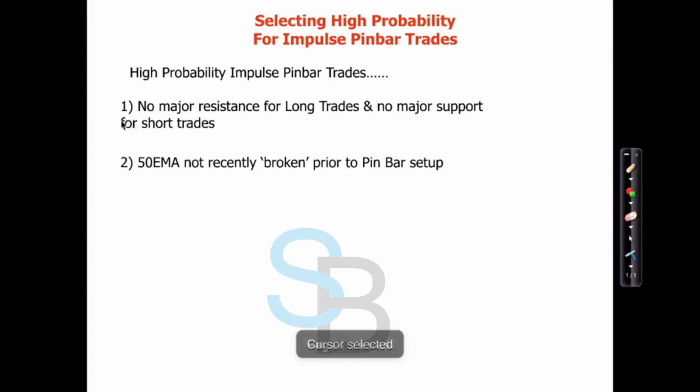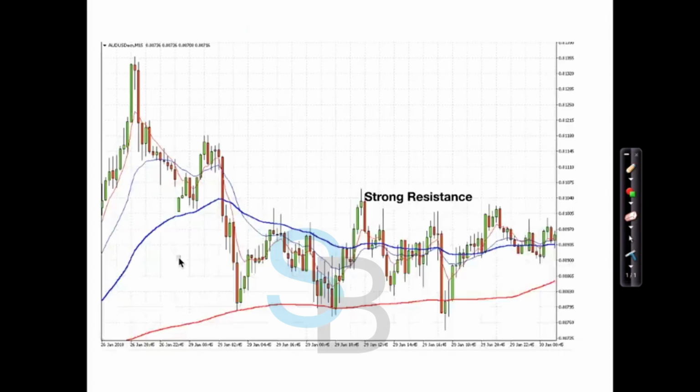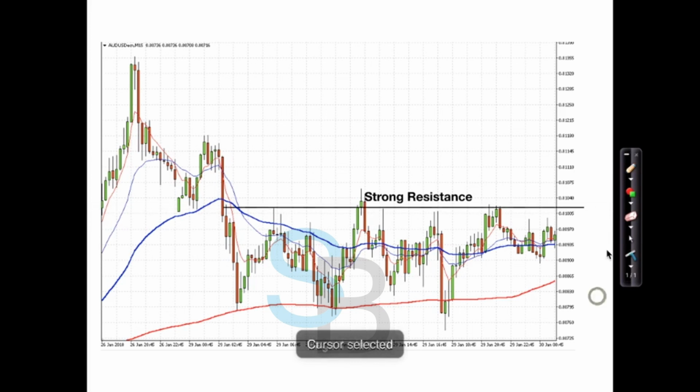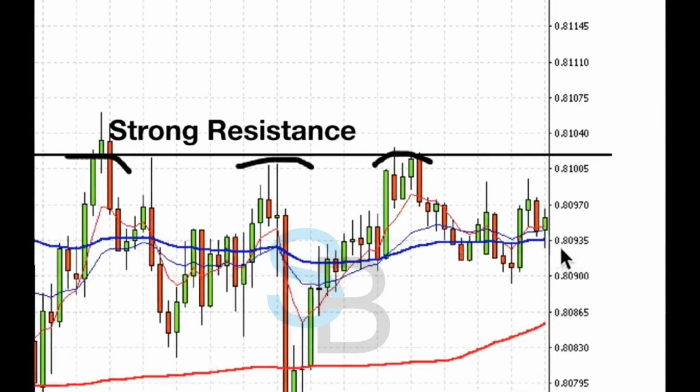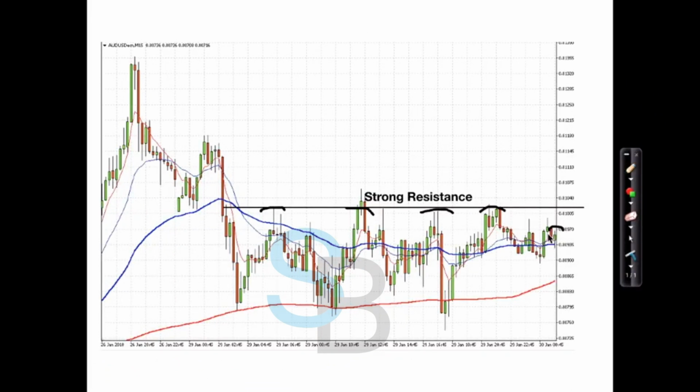So again, let's take a look at the first example, or the first characteristic, where in this case you can see that the price is moving in a range, like a consolidation, and you can see a very clear resistance. So there's a resistance, resistance, resistance, resistance, okay? And over here you see a pin bar, a pin bar setup, right? So this is a pin bar, and